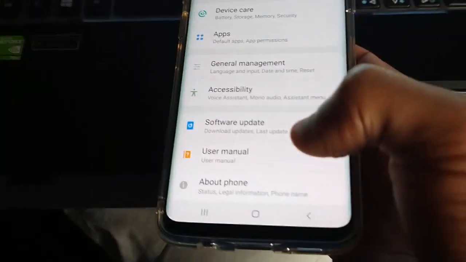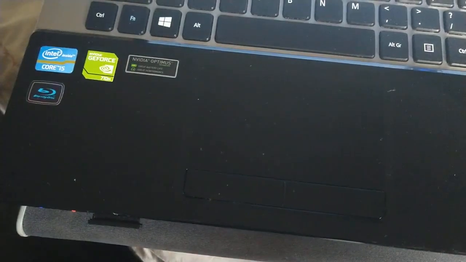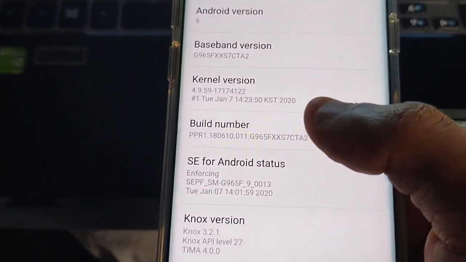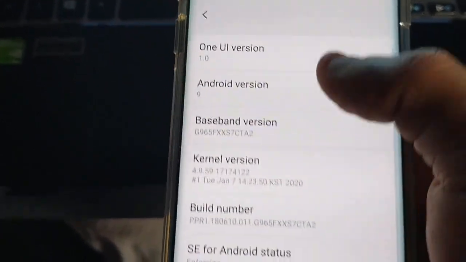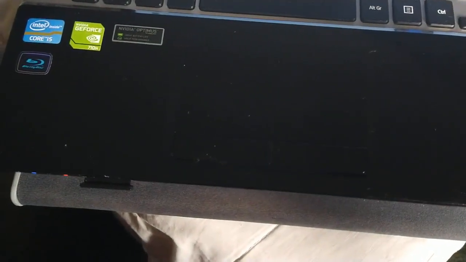Scroll down to about phone. And then go to software information. And keep tapping on the build number until it says you are now a developer, and then go back and go into